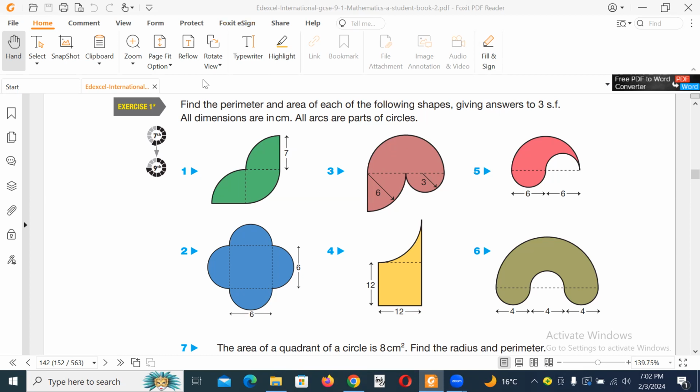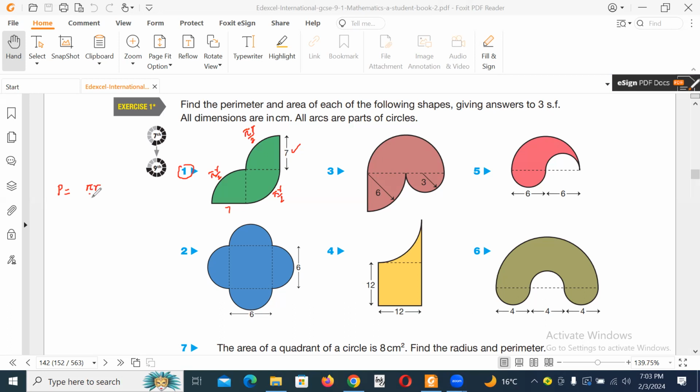If we check carefully question number one, we have three quadrants, meaning the fourth part of a circle. For each quadrant we use this formula to find the perimeter: pi r over 2. For this side, pi r over 2. Here we already have 7. So this is pi r over 2, and lastly this one is r, which is 7. So for the perimeter we would say that